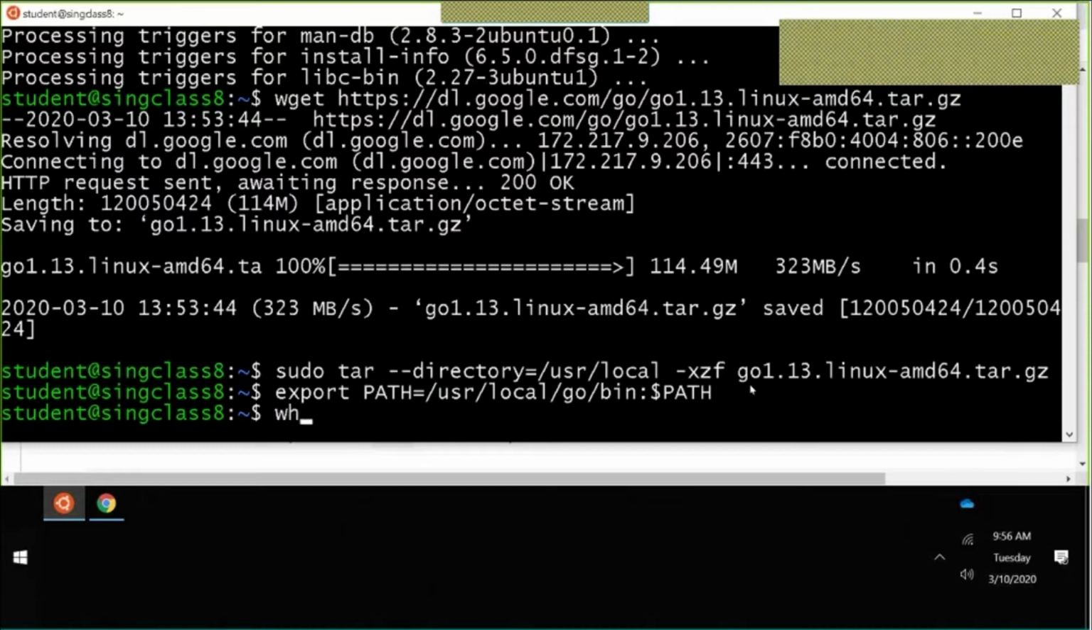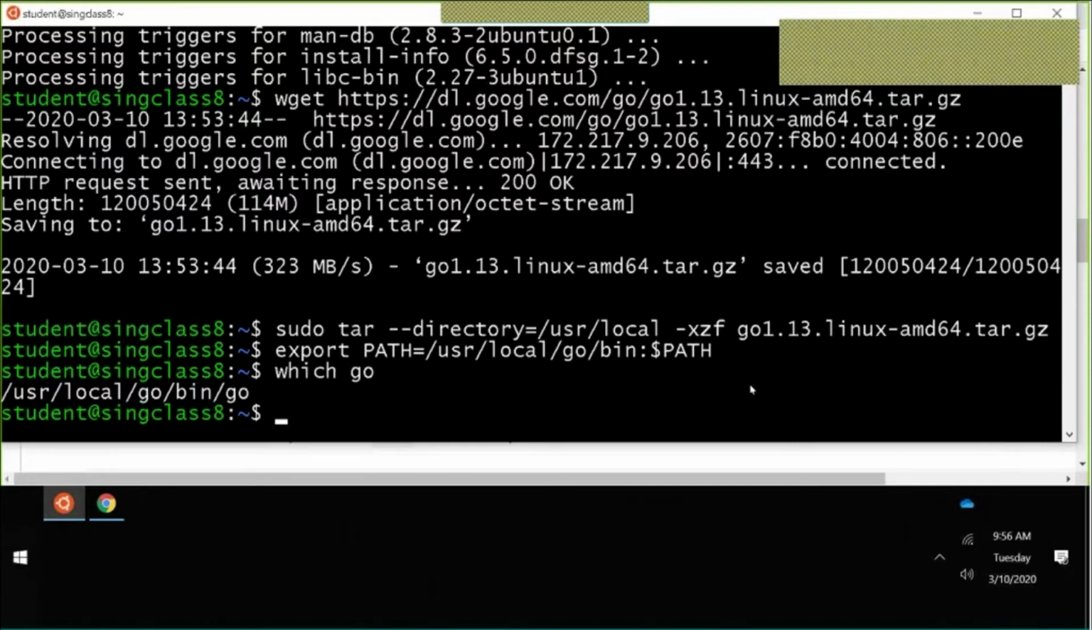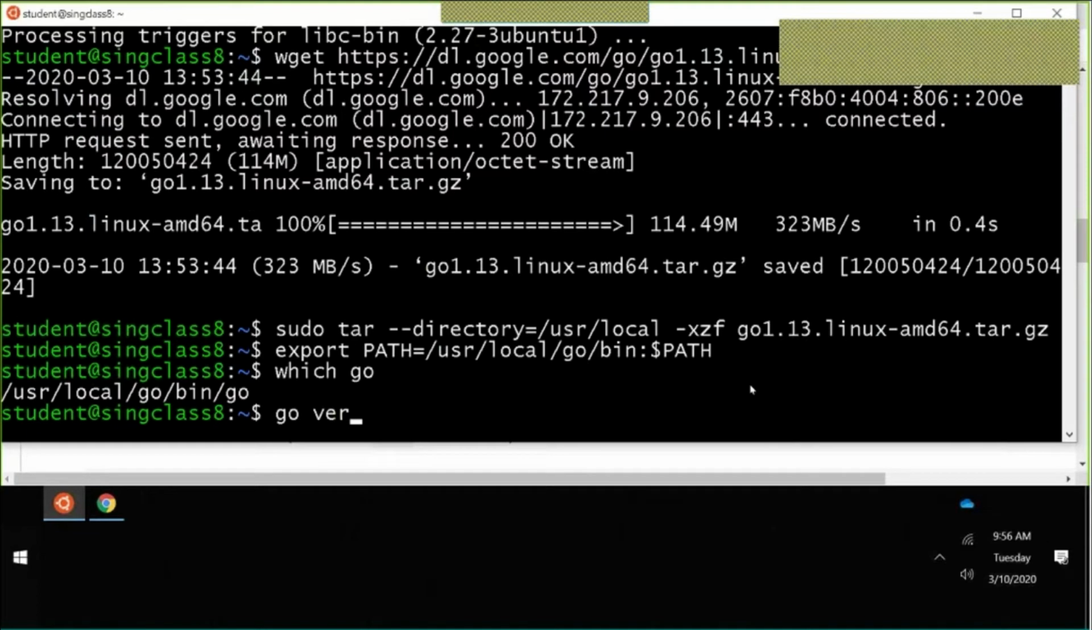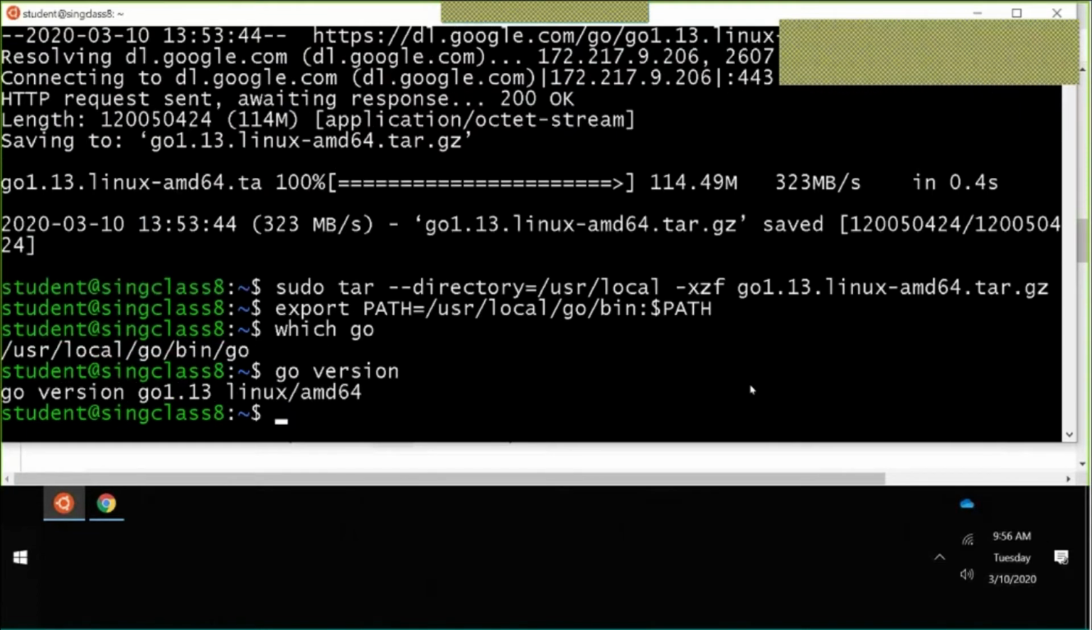Okay, now you should be able to say which go, go version, and it should tell you something intelligent. You've got Go installed on your VM. Now,